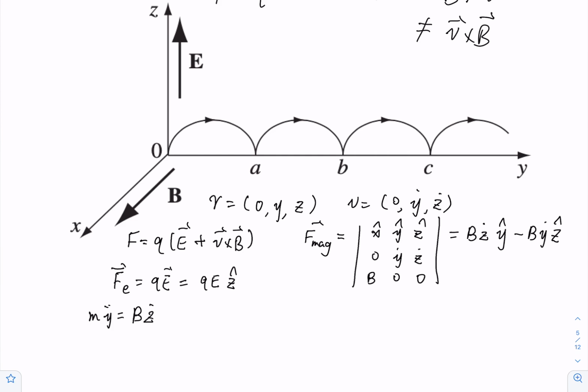b z dot, and m z double dot is equal to qE minus b y dot. So you see that this is actually a coupled equation between the